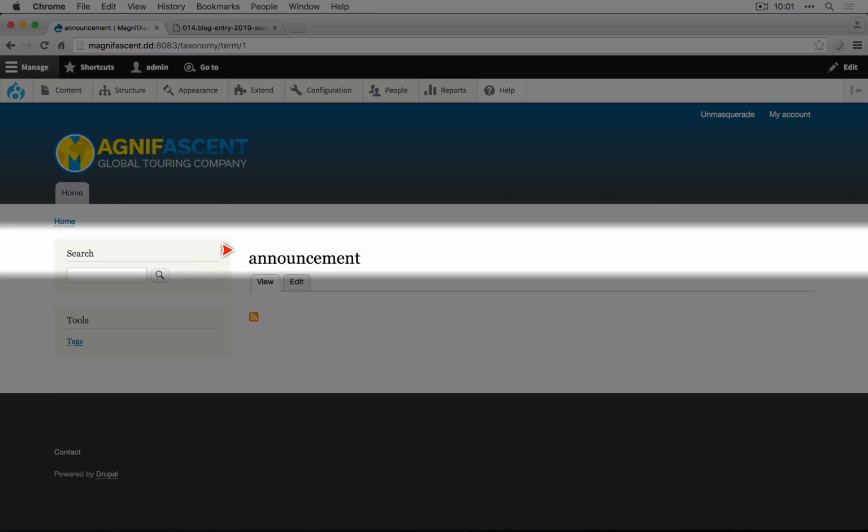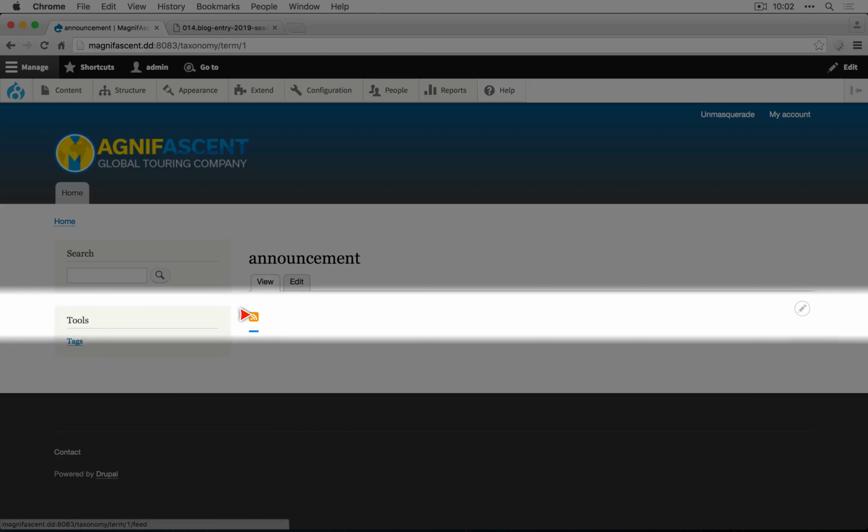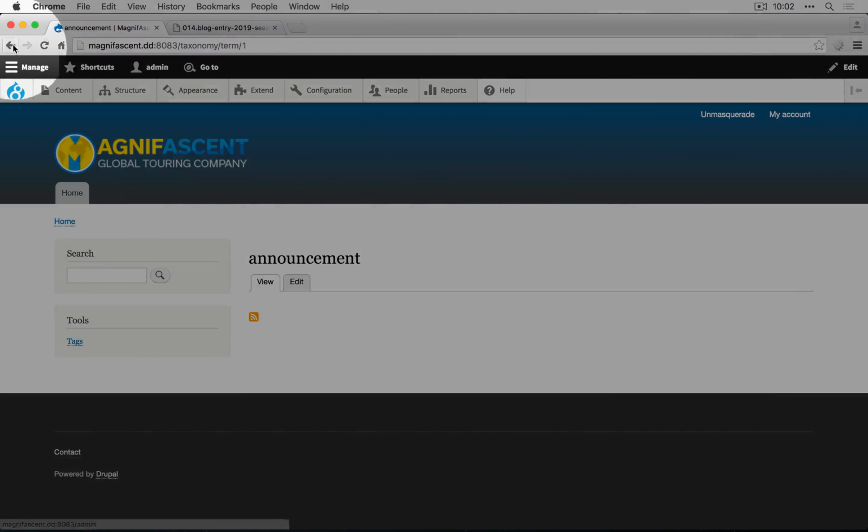Right now the terms only have the title because we didn't add any body content, and there's no nodes yet that match this tag, so it's empty. I'm going to go back